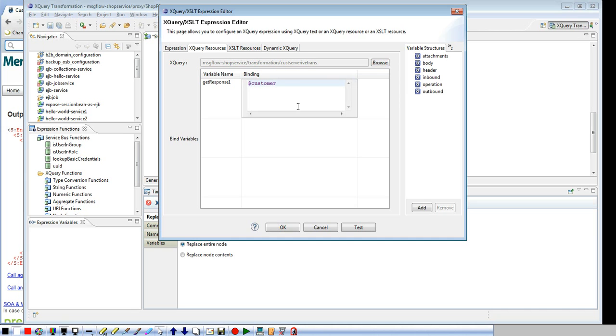What was that? Customer service response, right? Because it's the response that has the value. So the response that we received from the original callout, you create the variable for that, and that's the value that we are binding to that XQuery variable. Okay, and